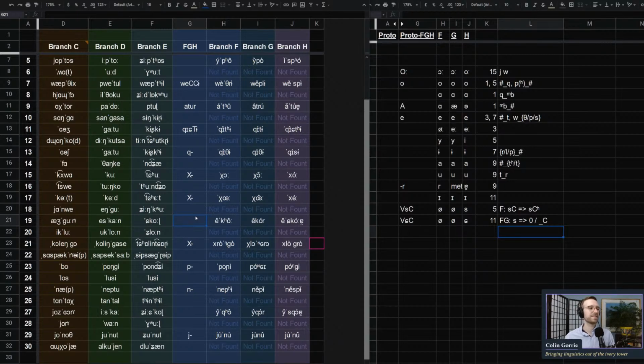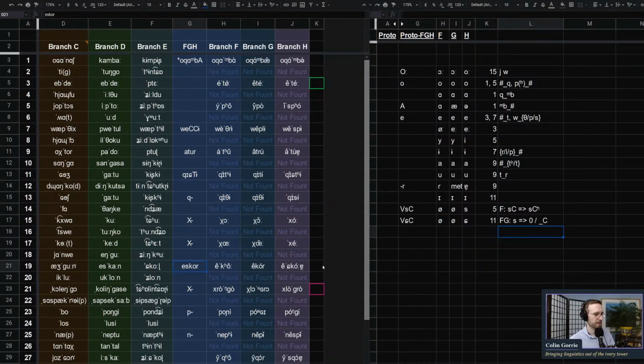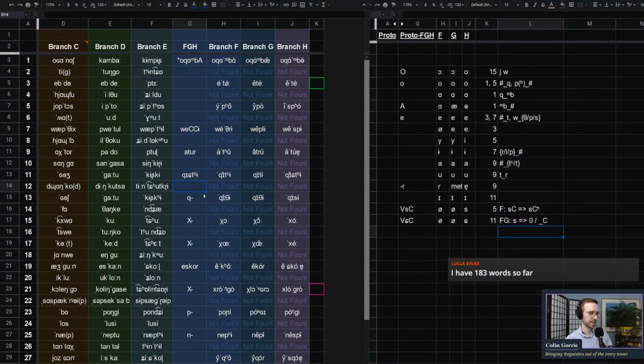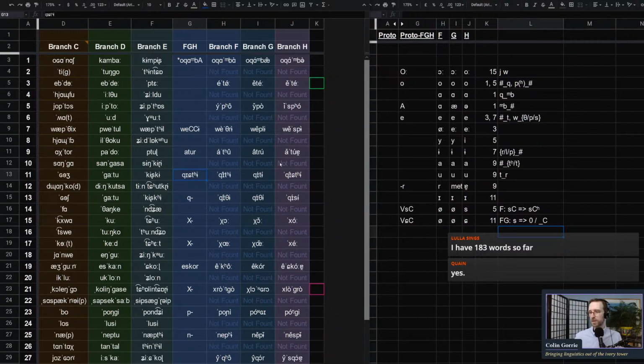So then here, I think we have something like S, gore. Yeah, I think we have a phonemic aspiration contrast in the proto-language. So in cases where we see it in both F and H, we should push it back to the proto-language. But if we only see it in F and then we see an S in H, then we should probably not. So I think what we've got here is kishti, kishti. And then the tones we'll have to work on.